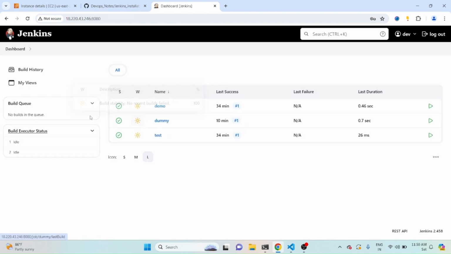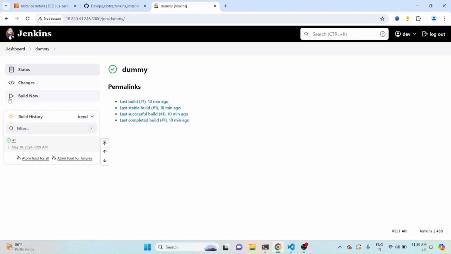Now you can see, click on any job and here you can see build now is enabled. So he can build our job, but he cannot delete and he cannot change the configuration of our job. Okay, now